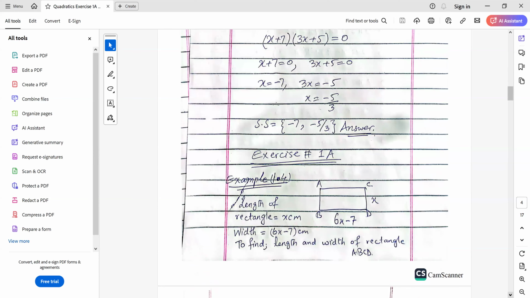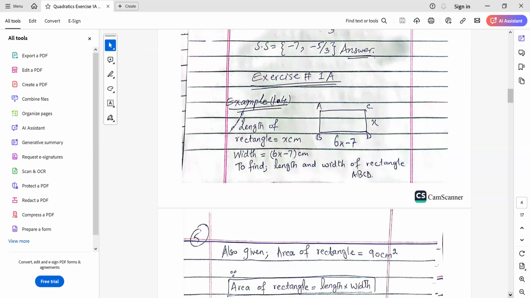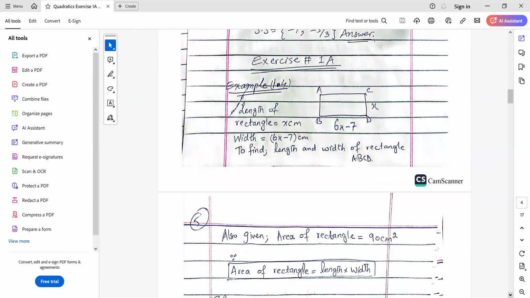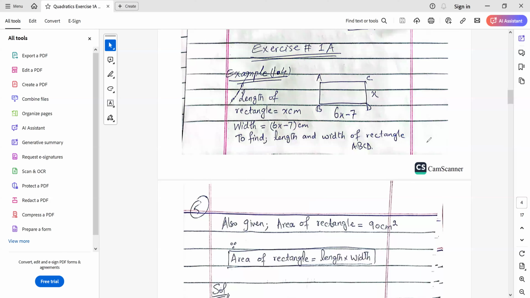And the last example is related to the area of a rectangle. This is a rectangle, okay? So the area of a rectangle is length into width. We can identify this as length or height and this as width. Okay, and the area is given to be equal to